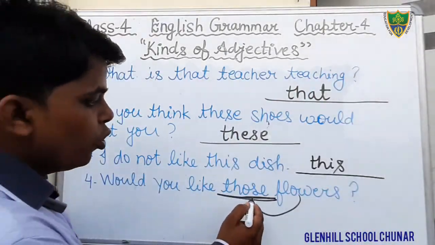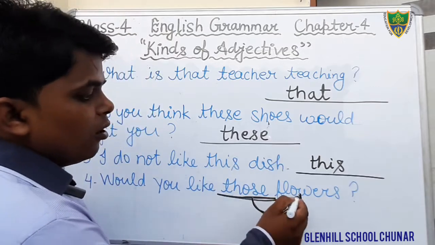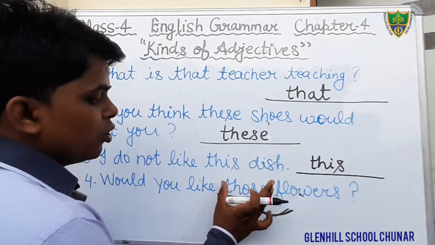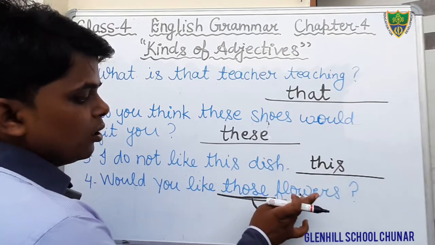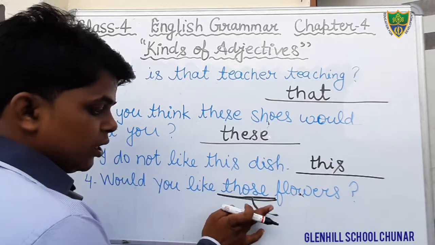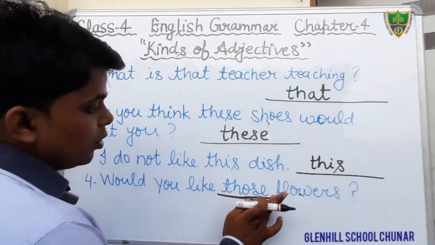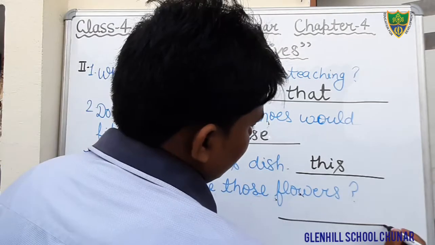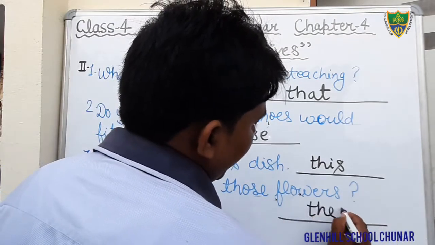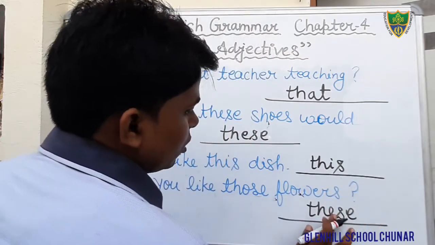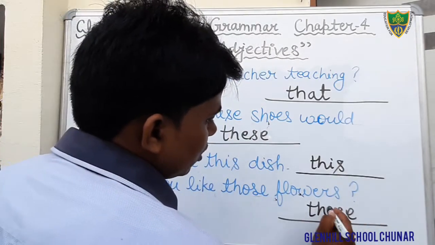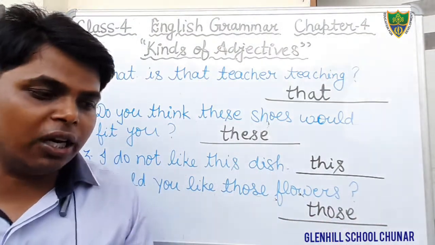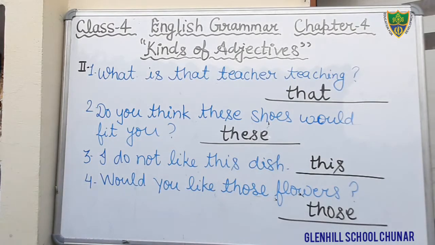Here the word those is used to point out the flowers. Therefore, the word those is also used before the noun, so that is an adjective. But what kind of adjective? It is used to show something. Therefore, that is a demonstrative adjective. So, in the blank, you have to pick out the demonstrative word. Demonstrative adjective. So, what is here? Those. Just write it down in the blank given.